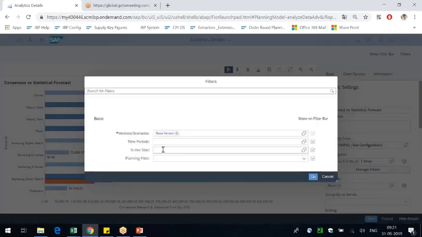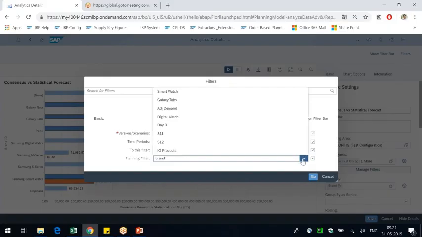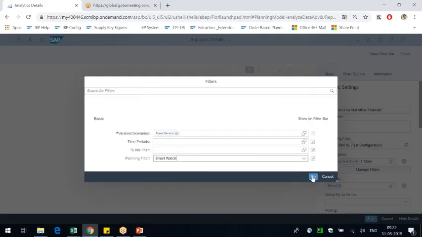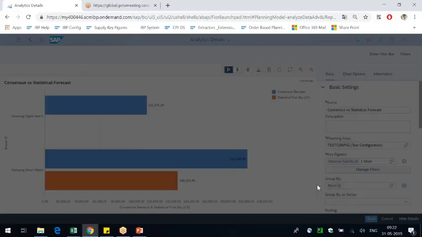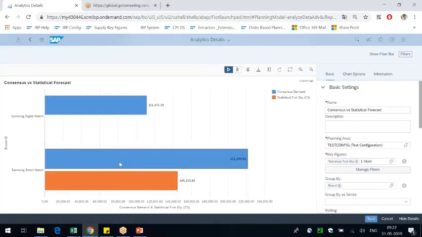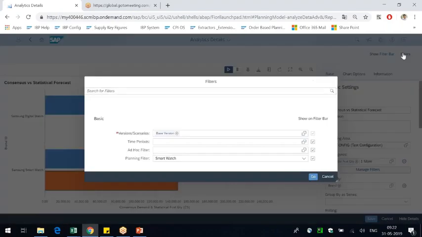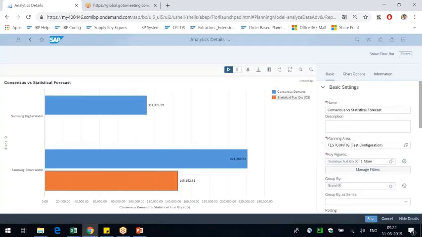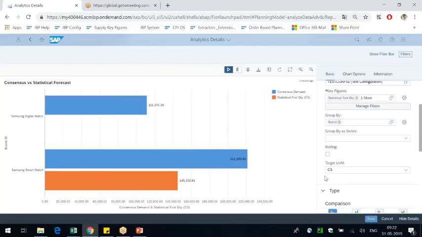Go into the filters now. The filter on the brand. What brand do we have? Smartwatch, right? Where is the smartwatch? Go. Okay, again under the smartwatch there are two. One is a digital watch, another is a smartwatch. Okay, so whatever, let's just keep it like this, guys. So what I have done, I have grouped by the brand level.